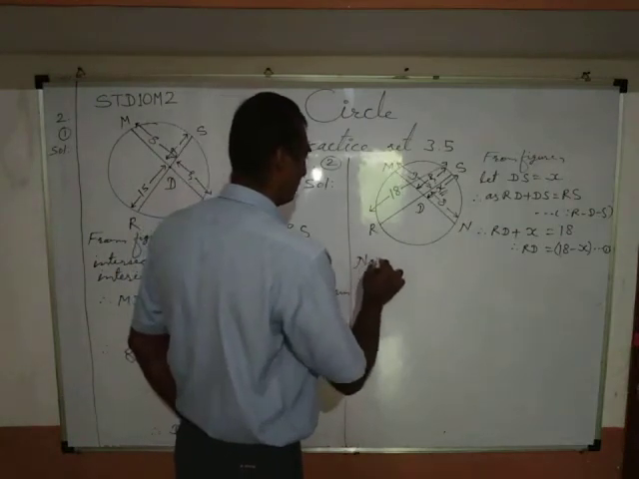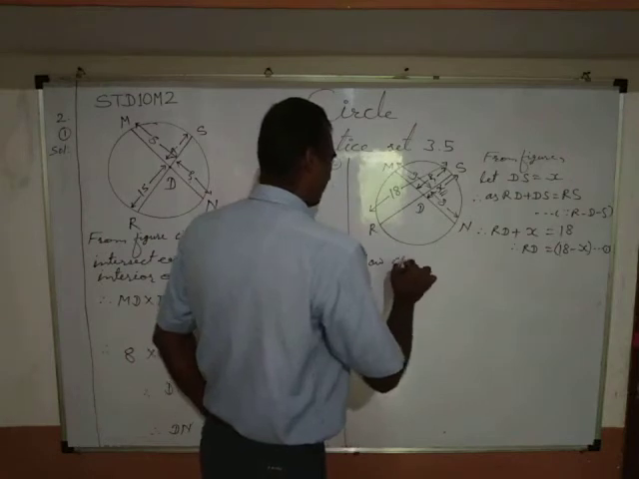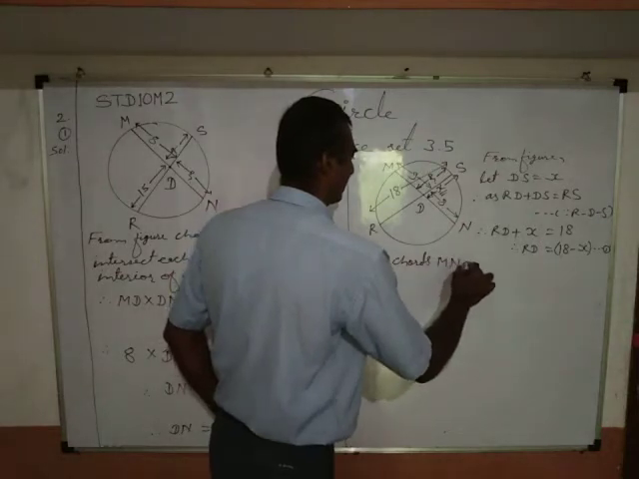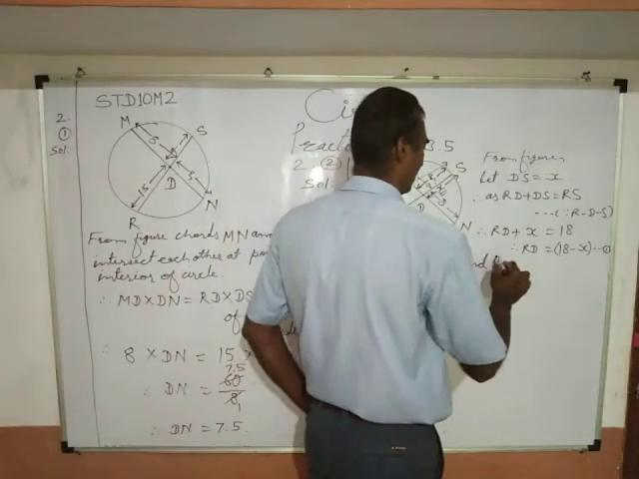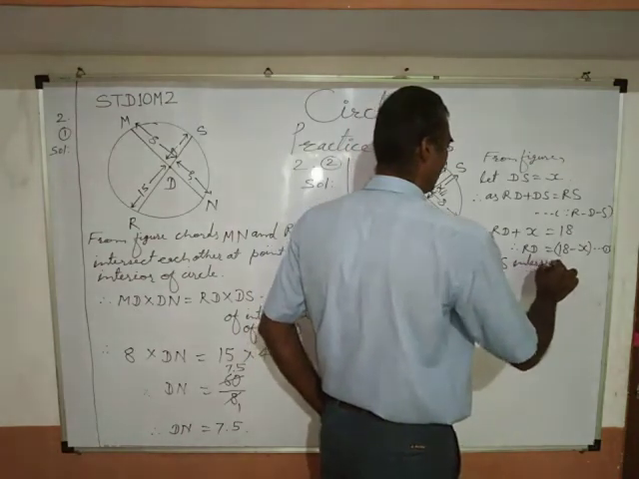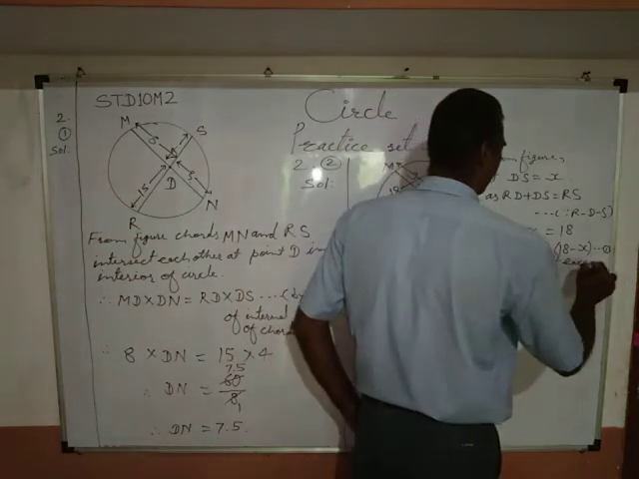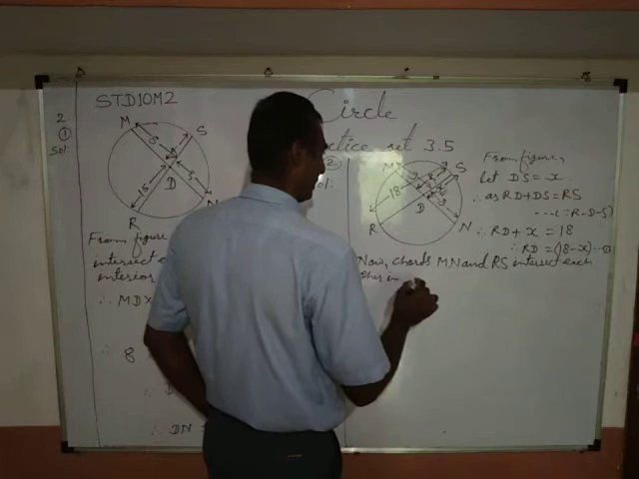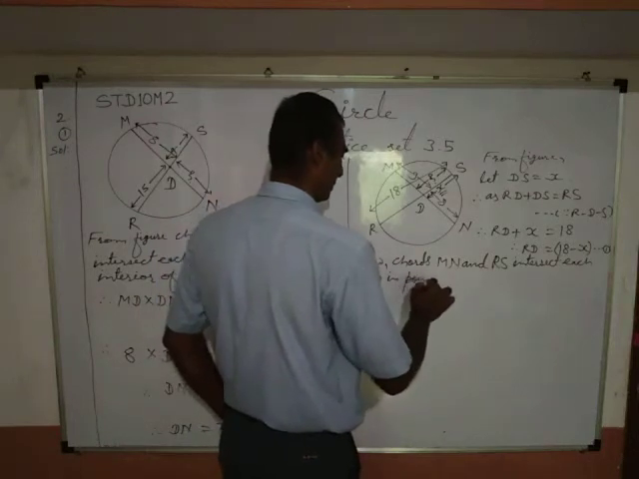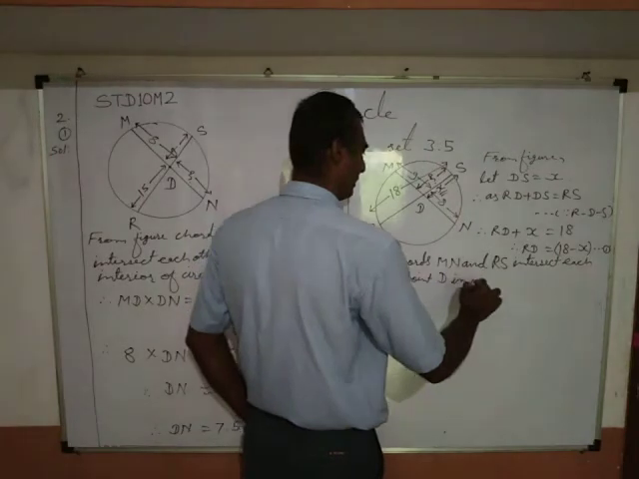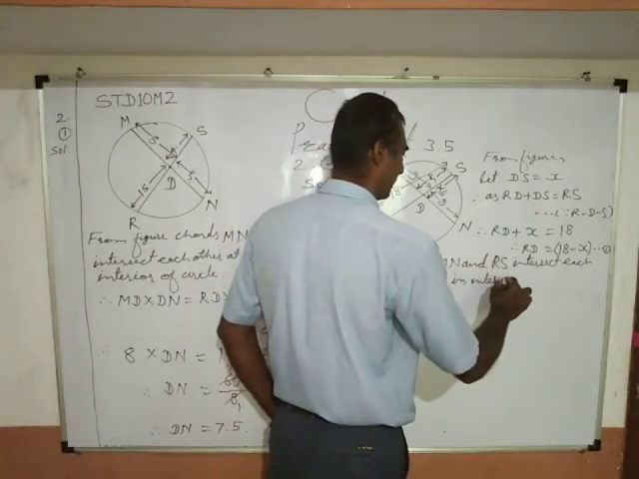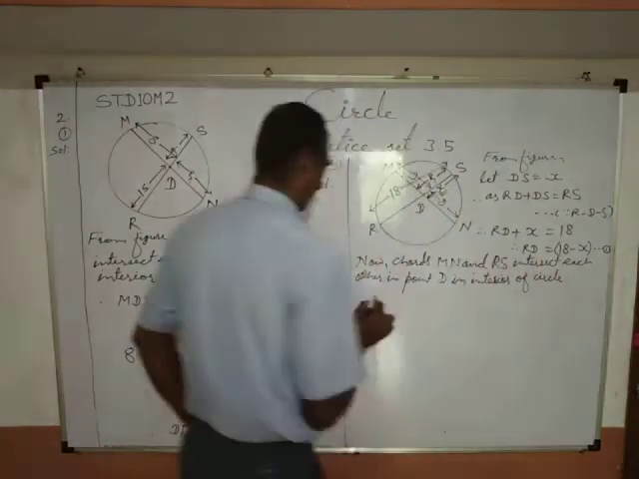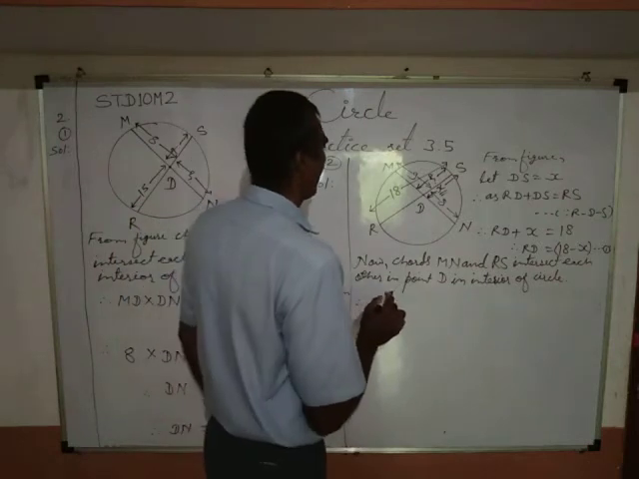Now chords MN and RS intersect each other in point D in the interior of the circle. Therefore, MD